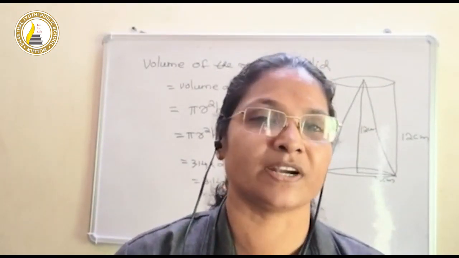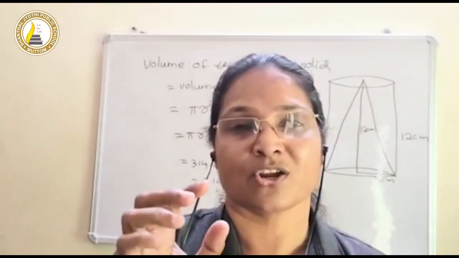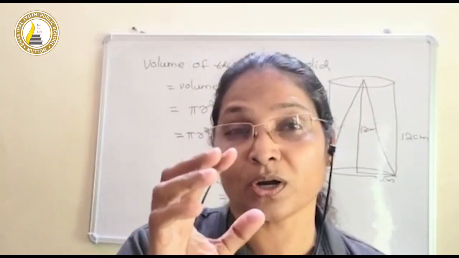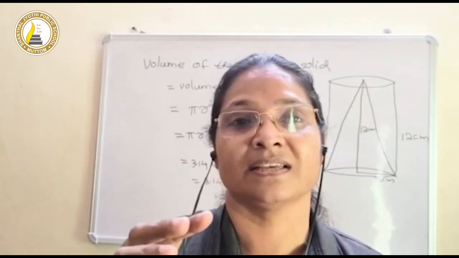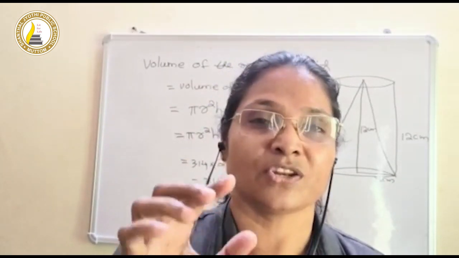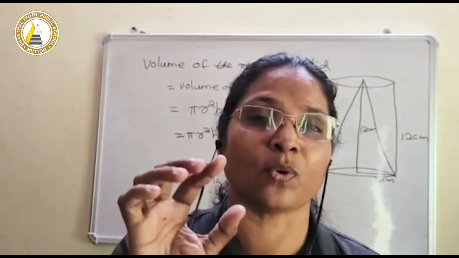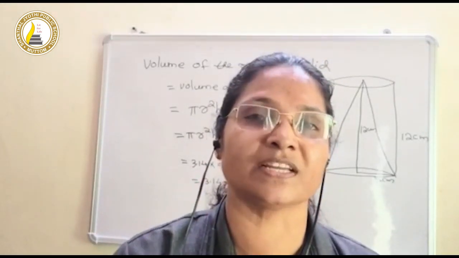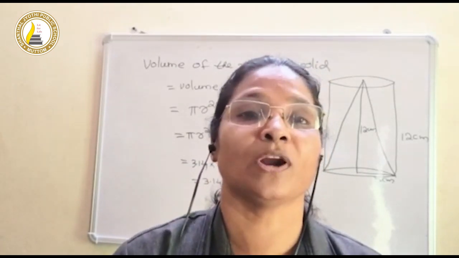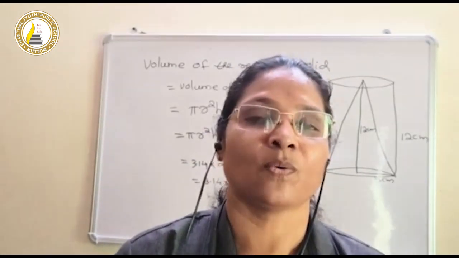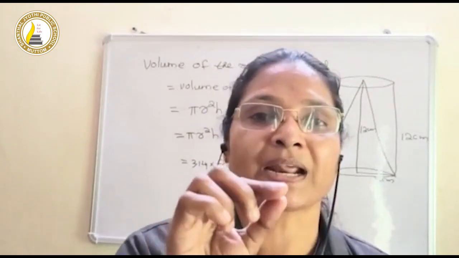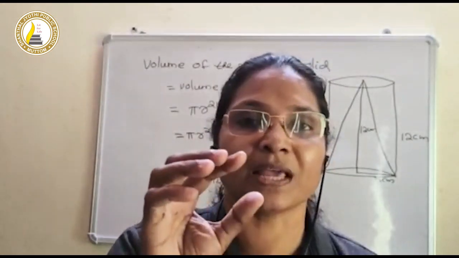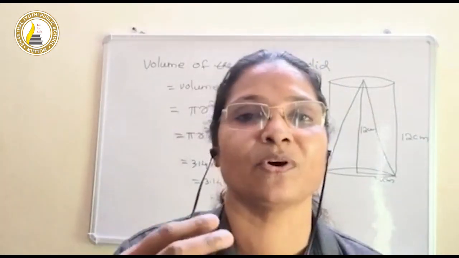First we should understand what is meant by total surface area. Total surface area means the total areas of all the faces which we can see. Adding all those areas will give the total surface area. But volume is somewhat easier. Volume is found by subtracting the volume of the removed solid from the volume of the first solid.